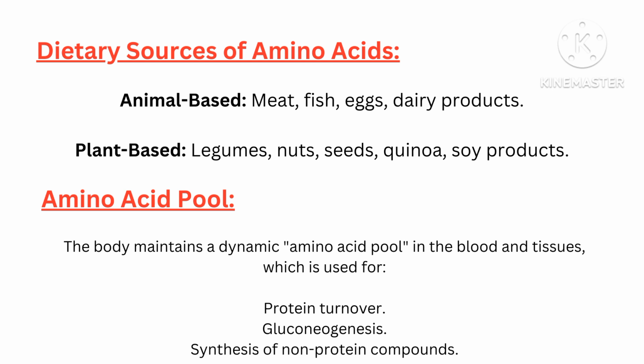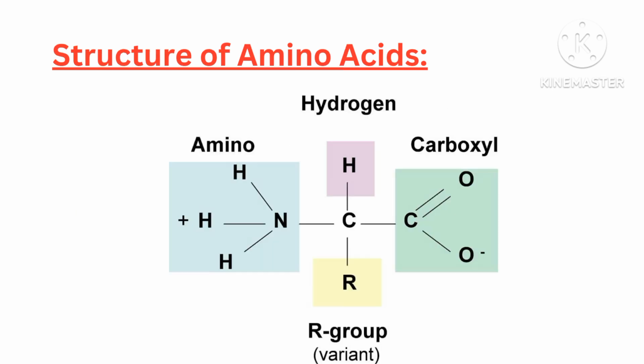Amino acid pool. The body maintains a dynamic amino acid pool in the blood and tissues, which is used for protein turnover, gluconeogenesis, synthesis of non-protein compounds. General structure of amino acids. The basic structure of an amino acid can be summarized as